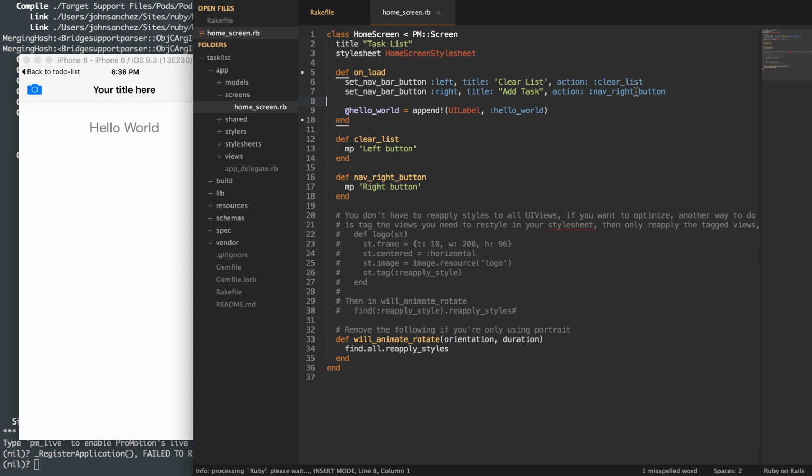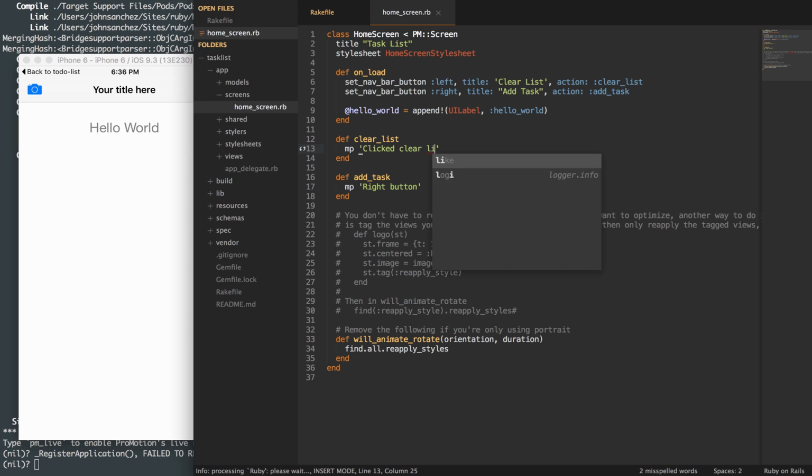And then for this one, we're going to change the action and this method name to add task. And this right here, MP, is going to print out in our REPL or our terminal. It's going to print out the string here. So it's going to give us that output. And what I want to do is I want to change this to clicked on clear list and change this